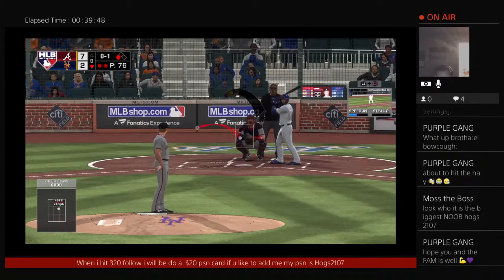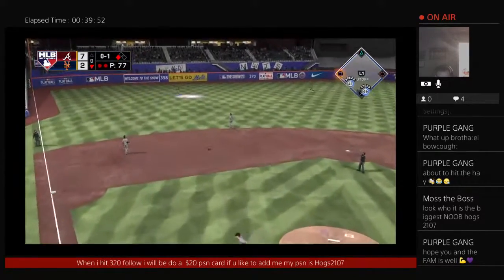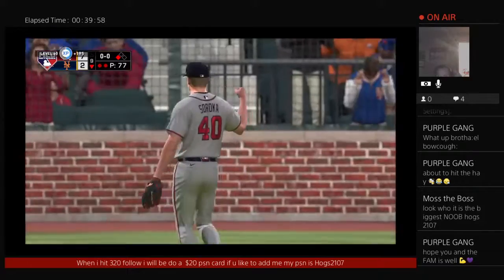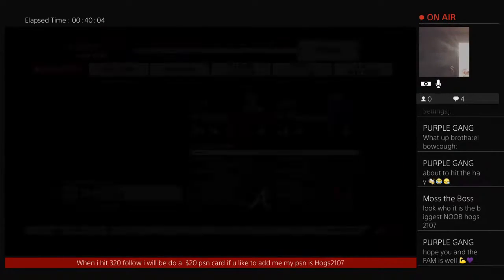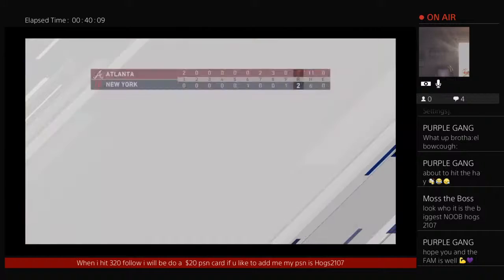According to the career numbers on the back of his baseball card, Nunez is slugging just a little over 400. Not a huge threat, but he can certainly square one up on occasion. He brings it in, and the Braves have taken the first 2 games of this series on the road, as this one is over. And this evening ends at a 7-2 finish. The Braves jumped out to an early lead in the